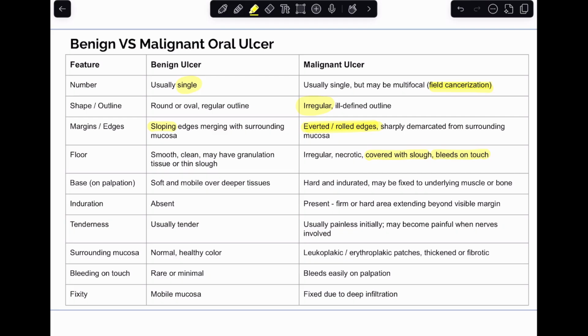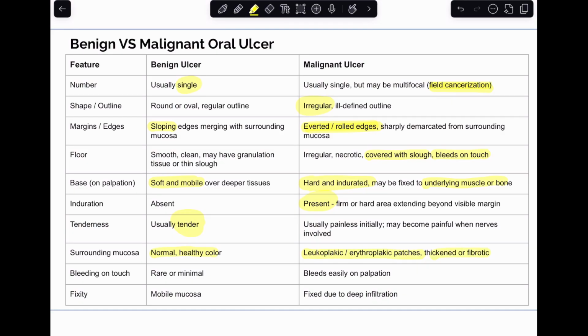When you palpate the base, in case of a benign ulcer, it will be soft and mobile over the deeper tissues, whereas for malignant ulcers, it will be hard and indurated and may be fixed to the underlying muscle or bone. Induration will be present only in case of a malignant ulcer. Tenderness is seen in benign ulcers, and in malignant ulcers, usually it is painless initially. Later, it can become painful when nerves get involved. Surrounding mucosa usually is a normal healthy color in case of benign ulcer. In malignant ulcer, you may end up finding leukoplakic or erythroplakic patches, which is thickened or fibrotic in case of